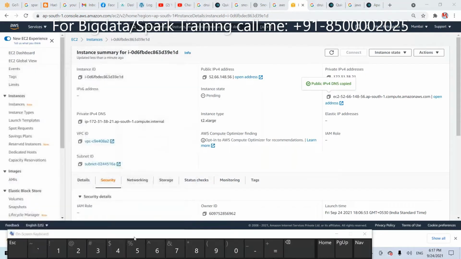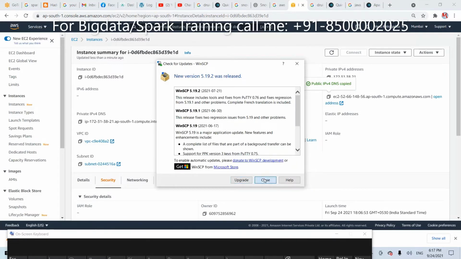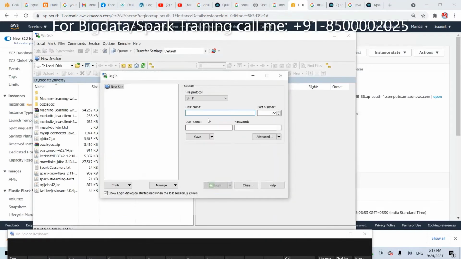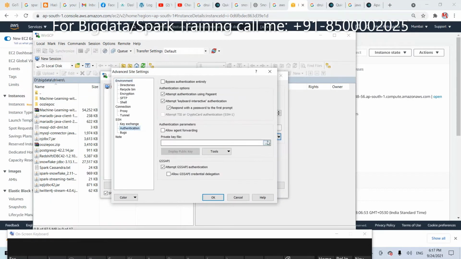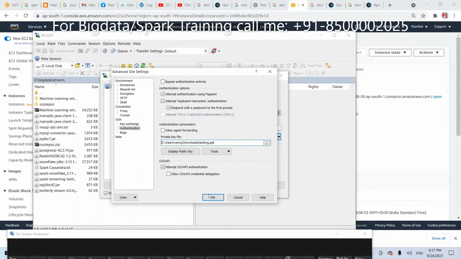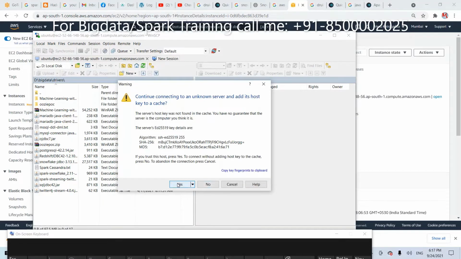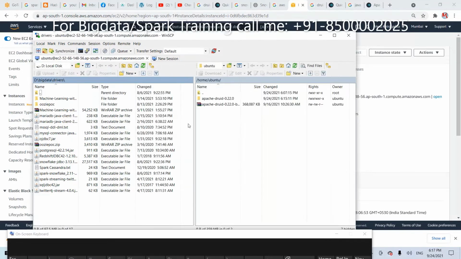Okay. Now, WinSCP. Open WinSCP. No need to update. Now, Control V. Here Ubuntu. And here go to Advanced. Authentication. Browse. Keep it. You know all these things. Okay. Now, this is the root. Okay.